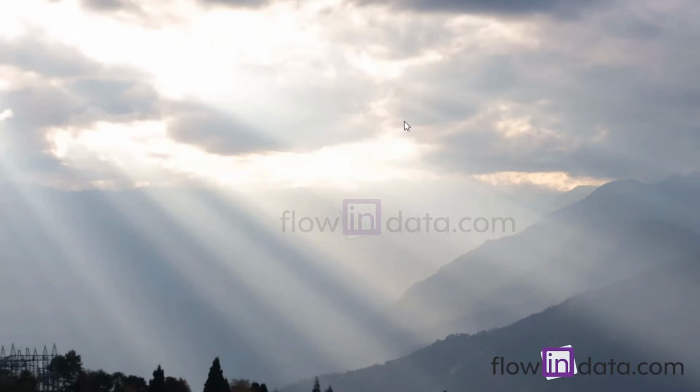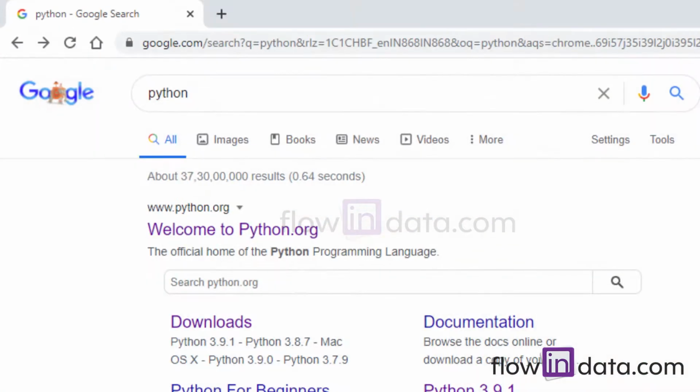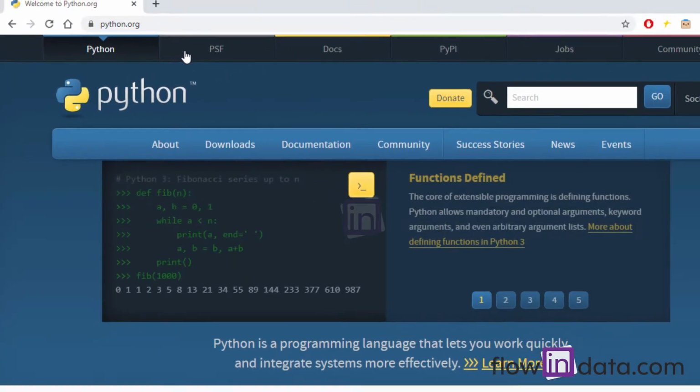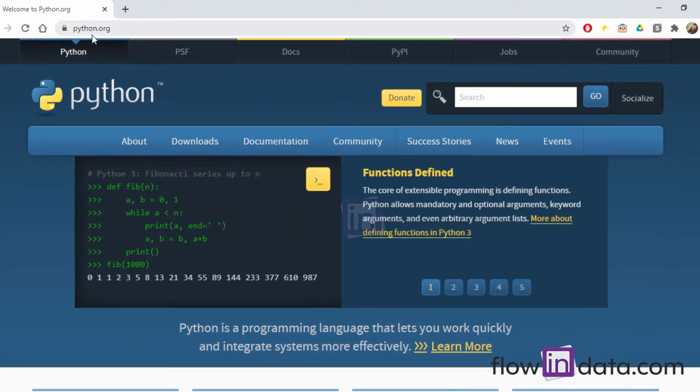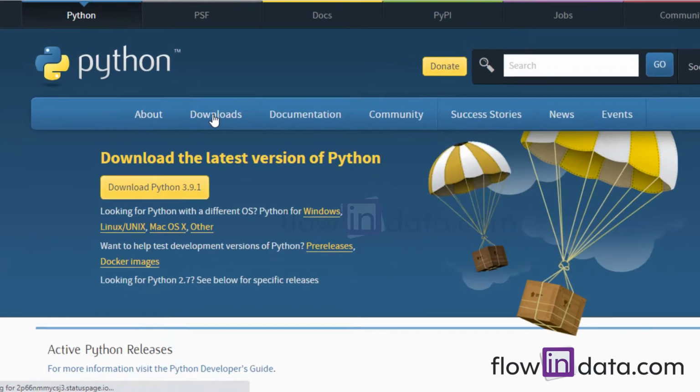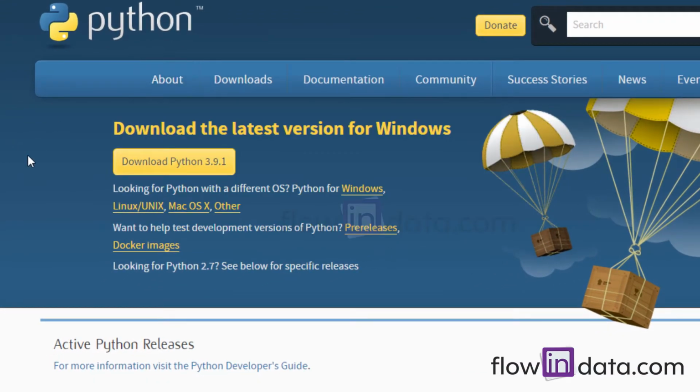Install Python in Windows 10. Okay, so let me show you. In Google, just go and type Python, and here you will get the official web page of Python. Just click it and you will be redirected to the official page of Python. So you can see here Downloads, just click it and you can see Download Python